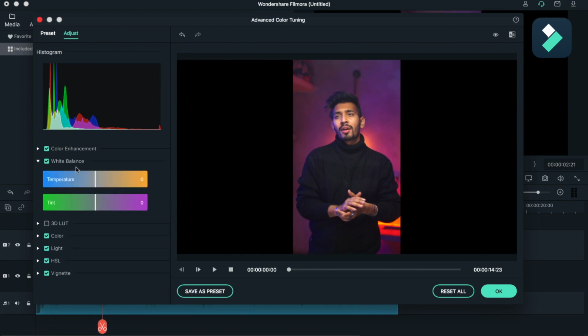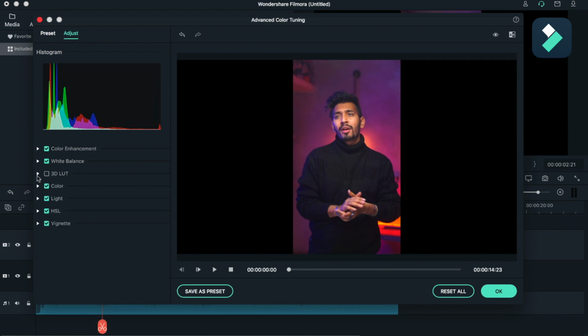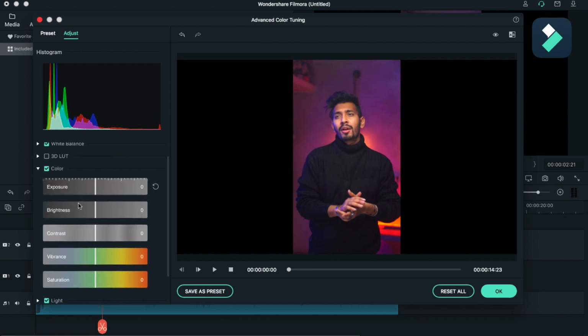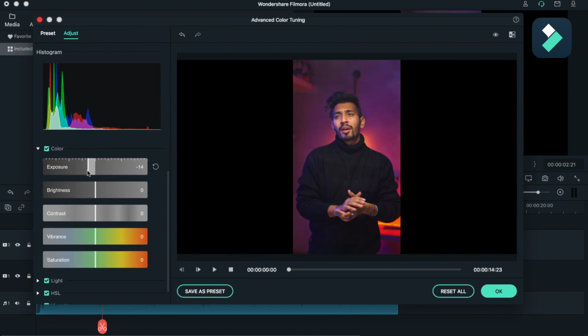After that you can balance your whites. If you have some white things in your scene, you can use this. I will not be going too crazy with this. A little bit of a touch of magenta and color, and I need to maintain my exposure on my face.